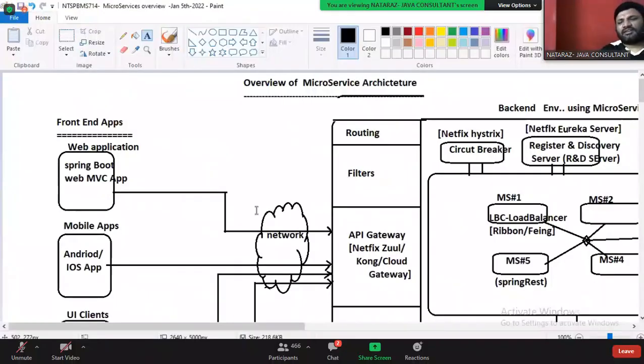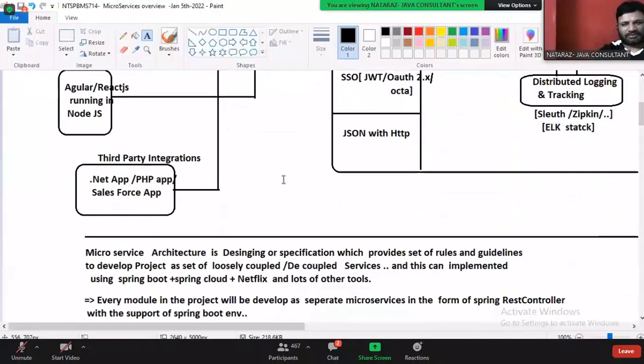So this class diagram and this session I purely conducted, guys, to give the overall picture about microservices. And Swagger is part of microservice development, for API documentation purposes.